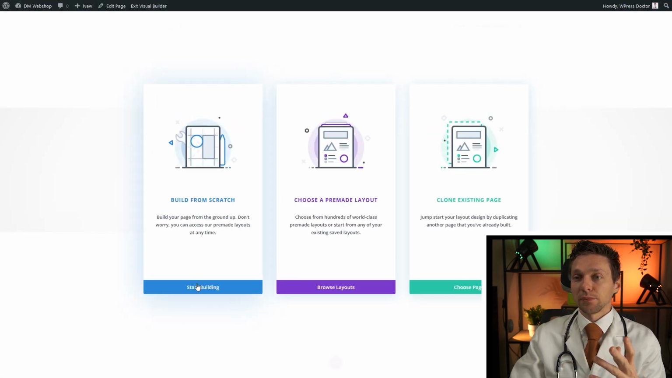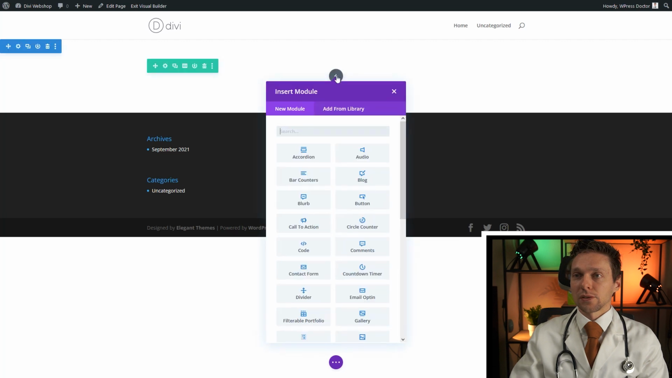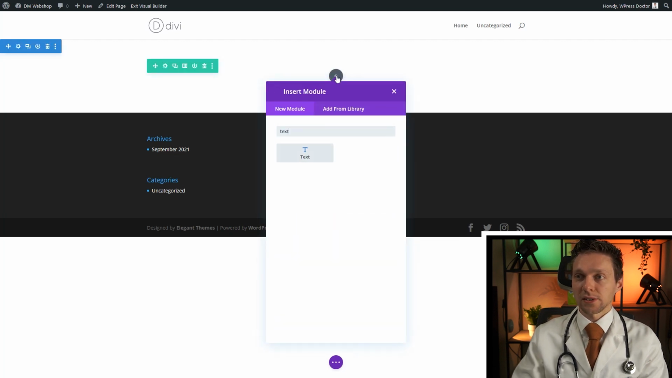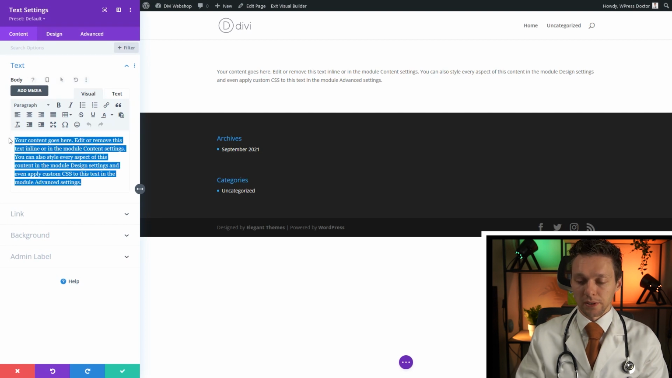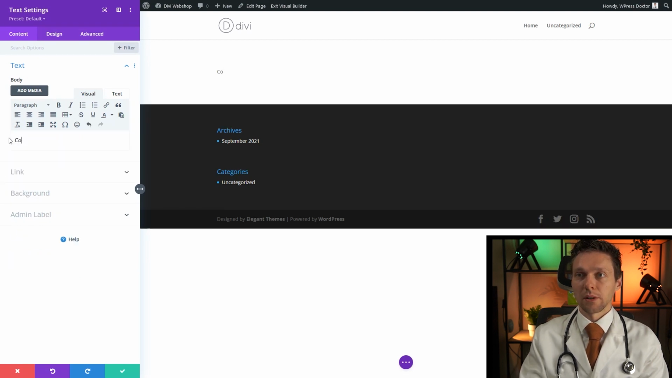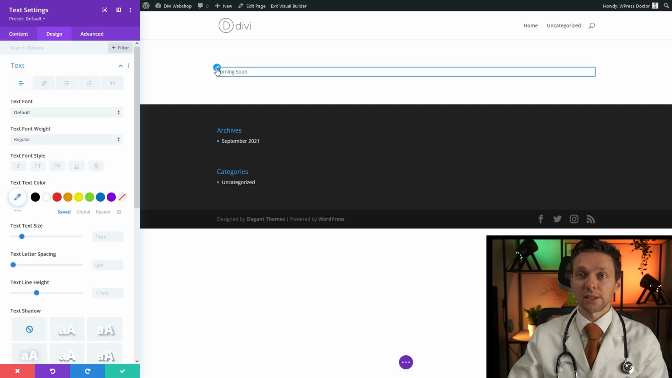And we choose Build from Scratch. Click on Start Building. Click on here. So let's add a text module. Click here. And we're going to type here coming soon. And if you now hover your mouse over it and you click on this icon, you can actually